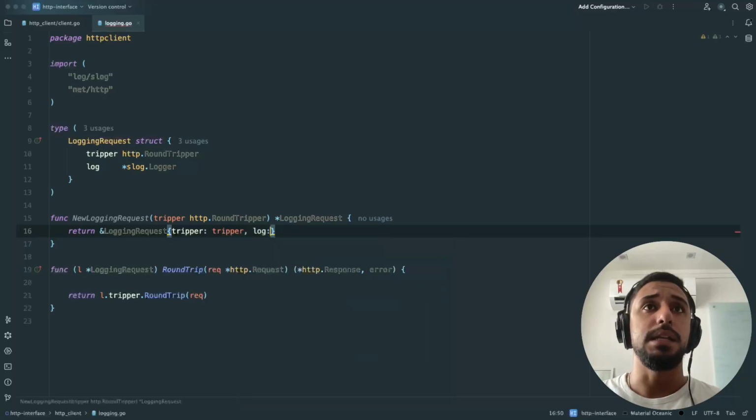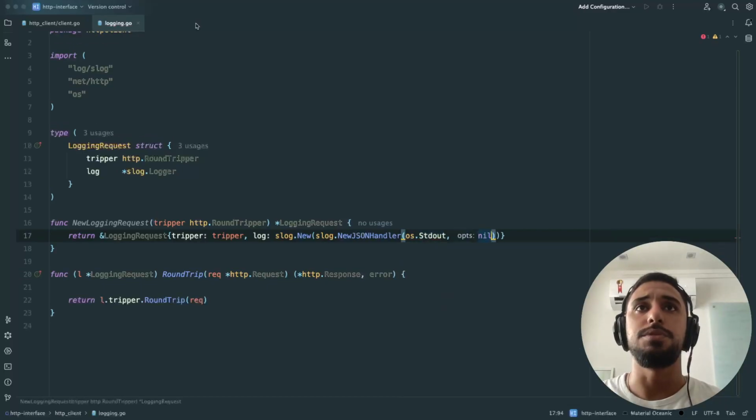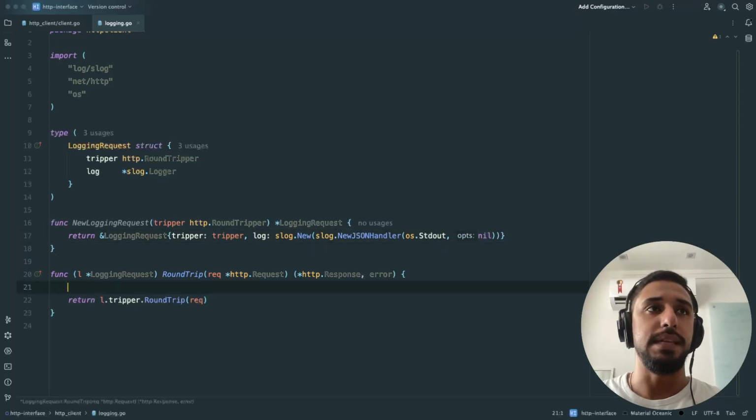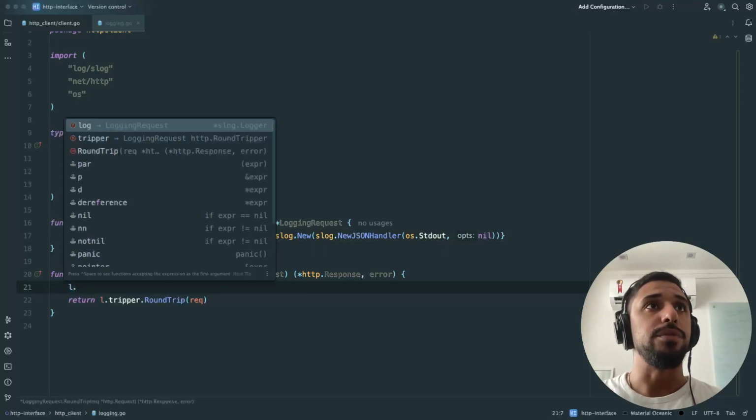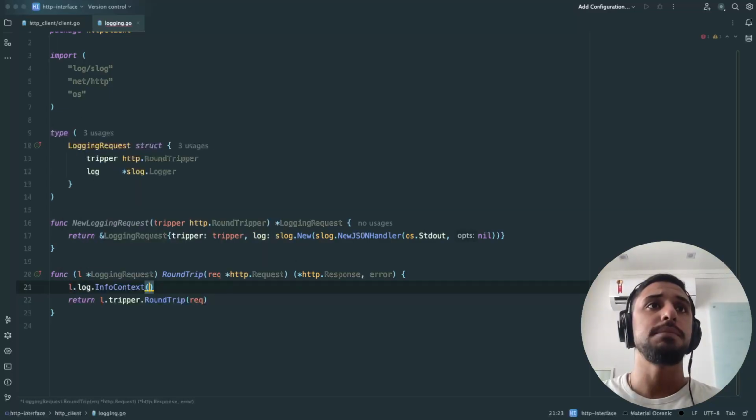So here I got a log. I'm gonna do slog JSON, os stdout, new. So basically I'm creating a log with a JSON type handler, putting it on stdout, and I have no options given. We don't need that for the sake of this tutorial. So here I'm doing the